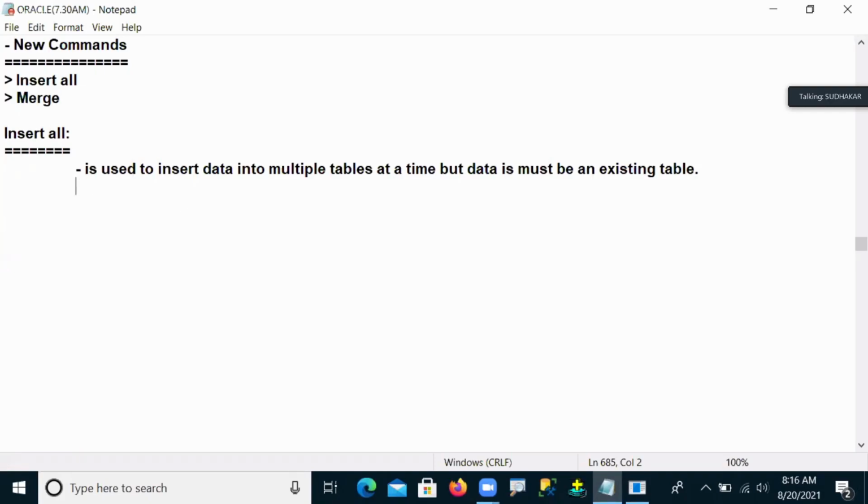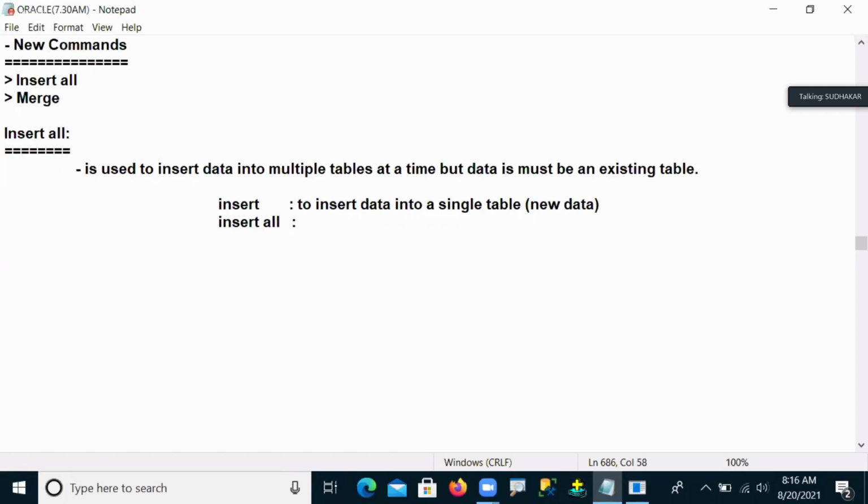Now we also discuss the insert command here, because some people are asking doubts, so I'm comparing them. Insert is used to insert data into a single table, but the advantage is that here I can insert new data.